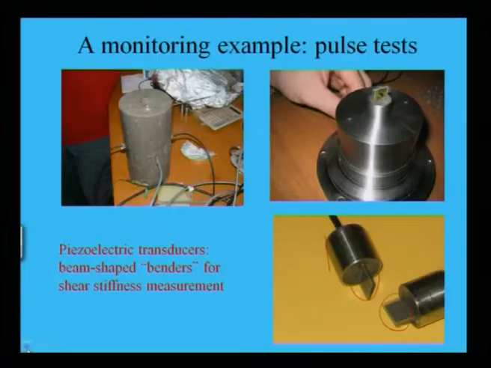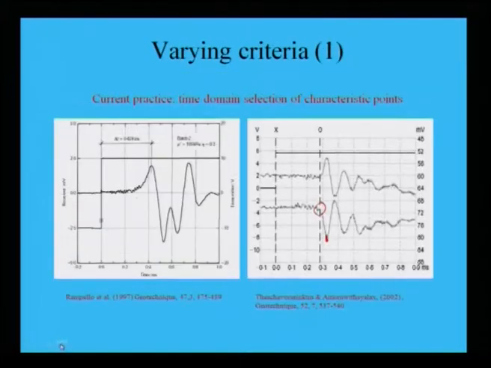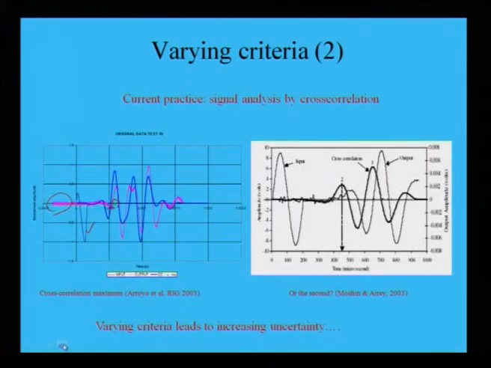Now, how do you analyze the signal? This is again a challenge for us. The moment you give it, the moment you start it here, the receiving point will be here, then receivers are there. Here you see there are different bender elements at the side also, they put them at the bottom. So which signal are you going to pick, and how? This is again a challenging criteria number 2 about your time domain selection. Criteria 2 is your signal analysis.